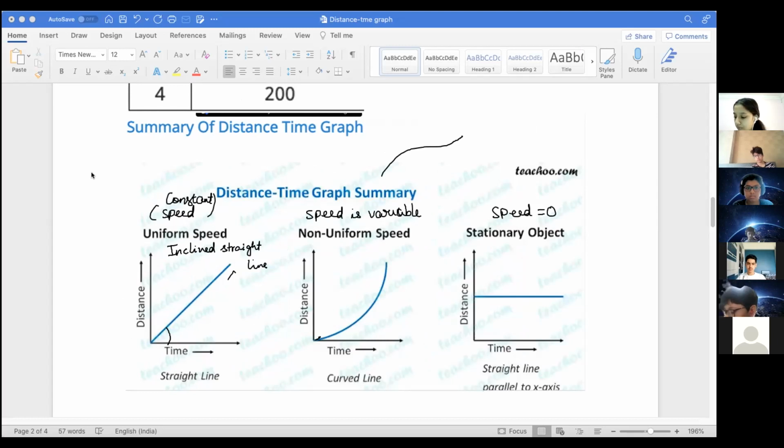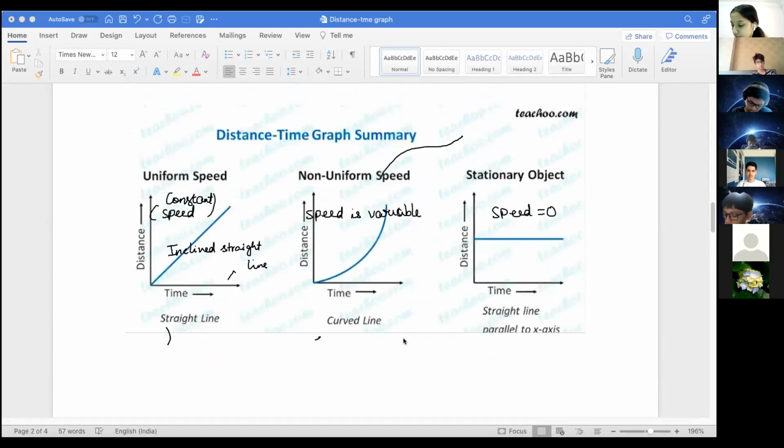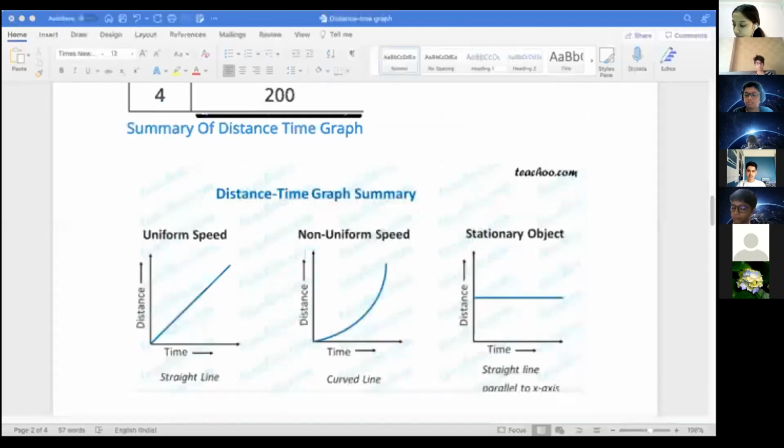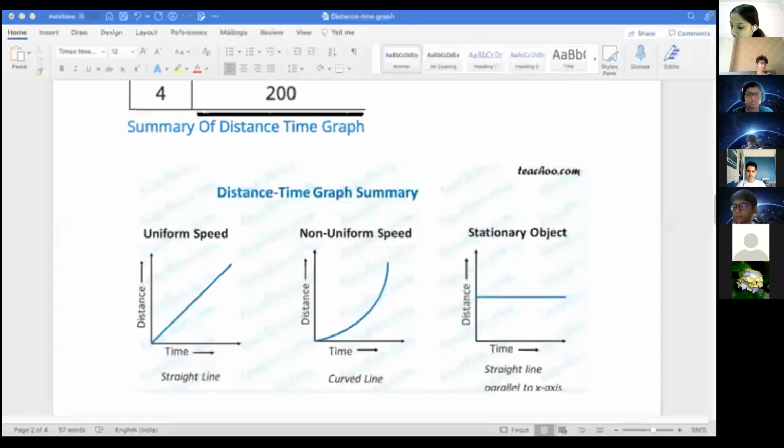Okay, have you written? Everyone has written this? Yes, ma'am. In the third one, I wrote horizontal straight line. Or you can write parallel to x-axis, anything you can write. That is the same thing. Yes. Okay, so we have read about